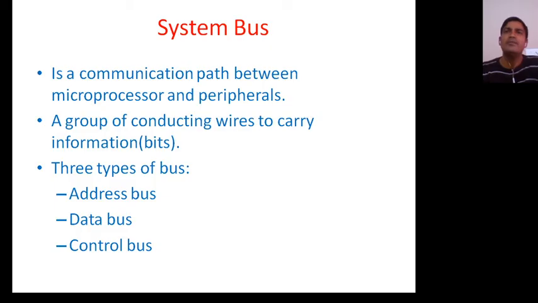So you have to remember: the address bus is unidirectional, the data bus is bidirectional, the length of the address bus of 8085 is 16 bit, and the length of the data bus of 8085 is 8 bit. So all the registers are designed to operate in 8 bit because the data bus length is 8 bit.